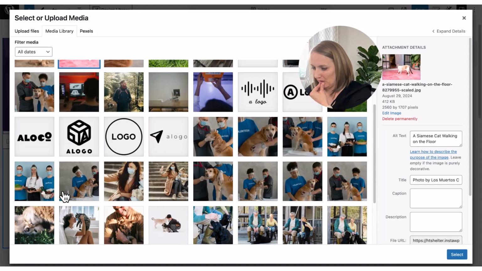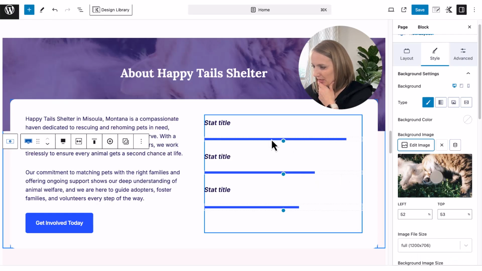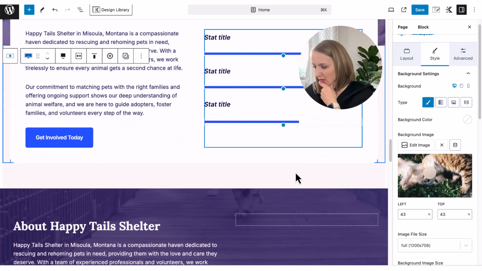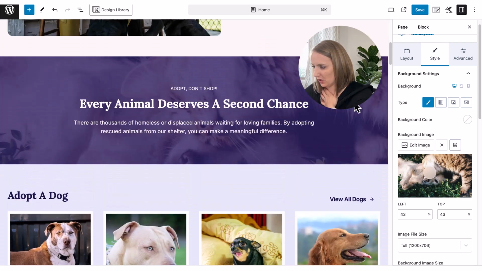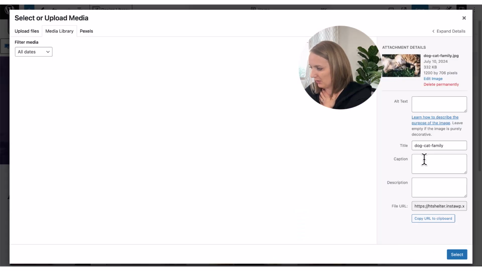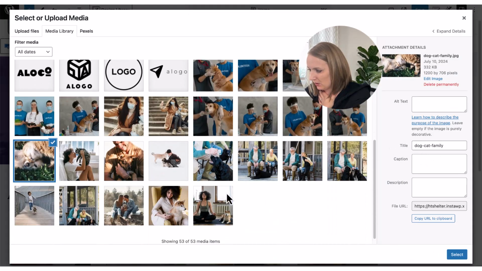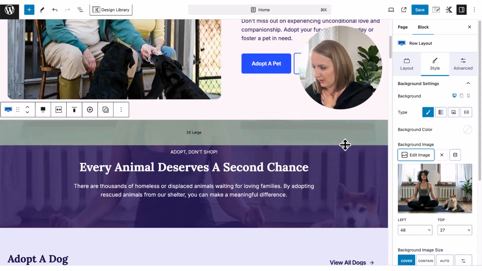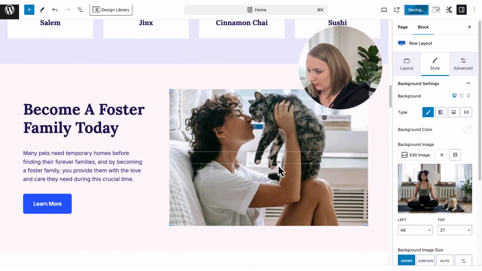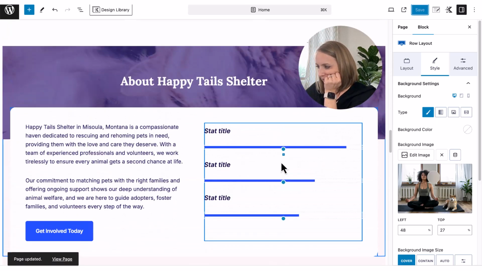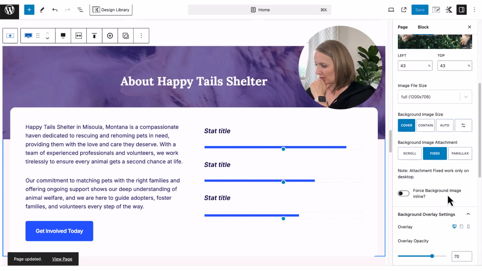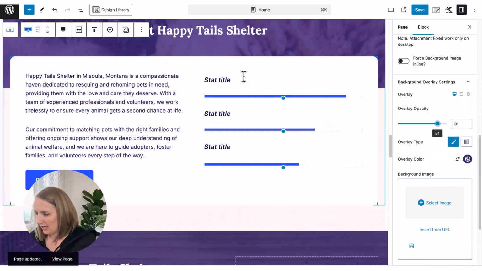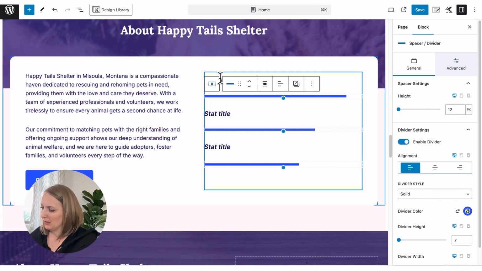What if we do this one of them snuggling here, select it, and they'll be able to see the different little snoots. And then up here, let's change this one to a different image. And let's do the woman with yoga. She'll be able to see the dog as you scroll. Okay, that works better, except I think this needs to be even darker here. So let's go all the way up to 80, about Happy Tails Shelter, and then we can say,